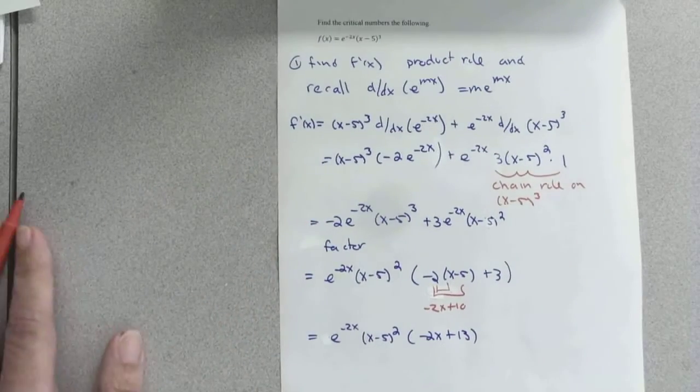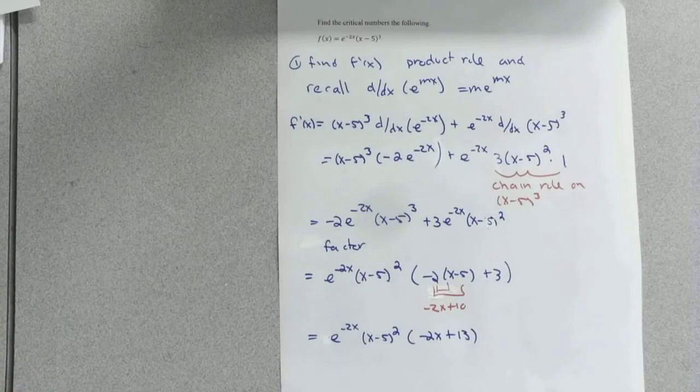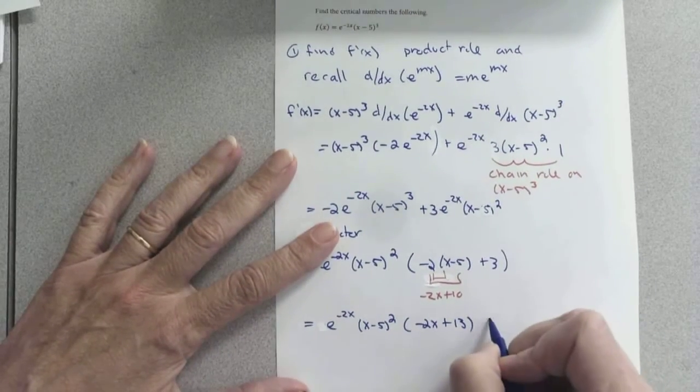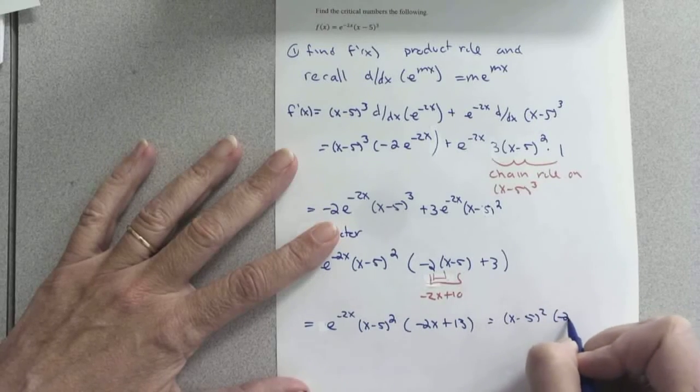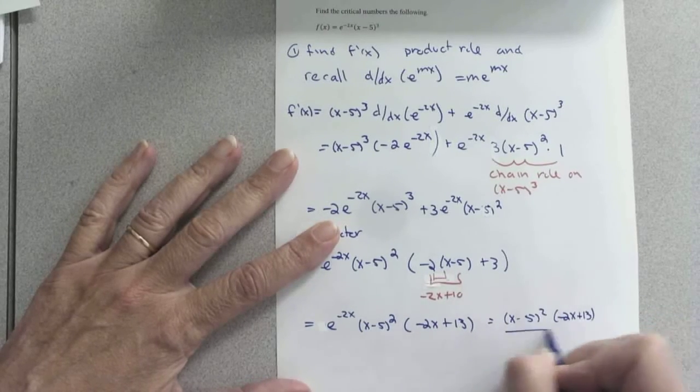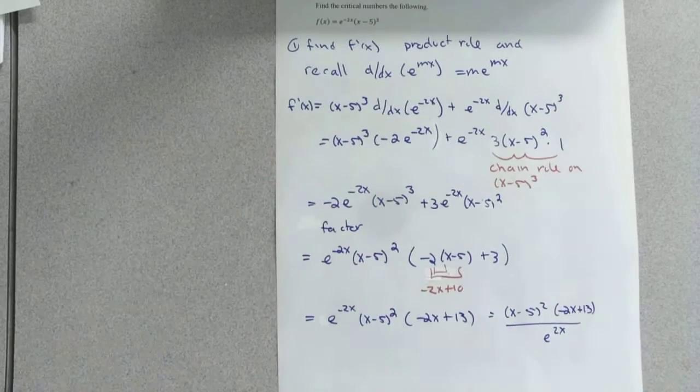And there's my simplified derivative. And if you prefer, and I do prefer, so I'll take it one more step, because I do sort of like to see things as fractions when I can, so that I don't forget about that second type of critical numbers,